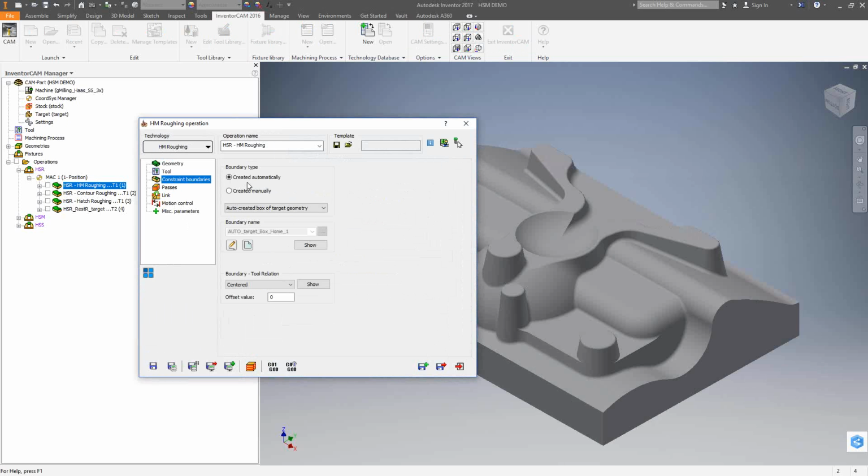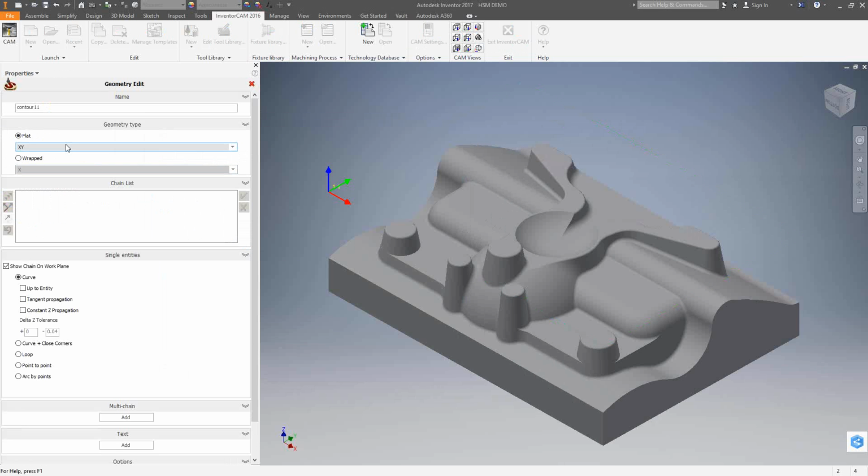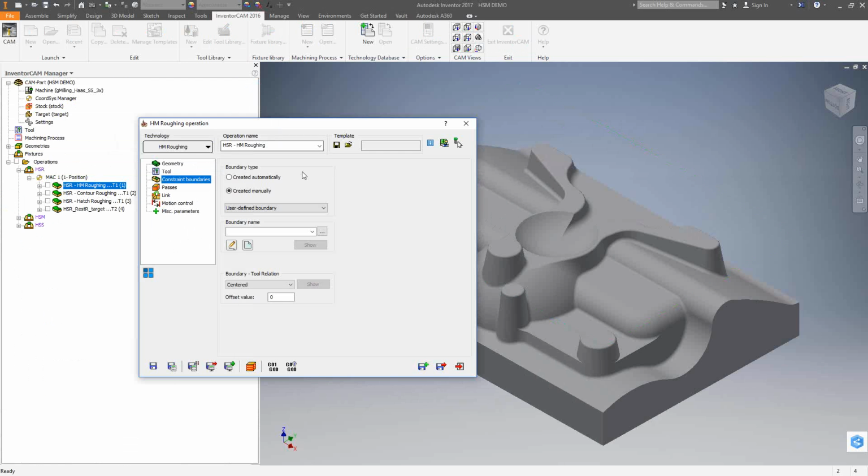Basically, we either take an automatically generated boundary, which in this case would be the outside edge of the part, or we can switch to create manually, and we have many options here to actually define the working area. So for this part, I'm actually going to use the automatically generated one, but to give you an idea what you'll do with the user-defined boundary, I can click on New, and it brings me to my chain selection list, the same chain selection list you would have seen in the profile or the pocket videos in this series. And all we do is just choose contours off of the solid that we want to represent the fenced off